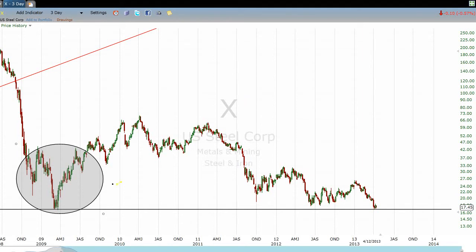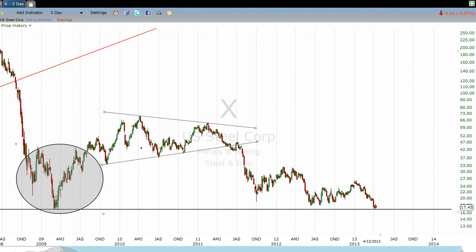But we did get a recognizable pattern that at least gave us a heads up to this last leg down that took place in the middle of 2011, and that is there was this symmetrical triangle pattern that this stock was bouncing around in